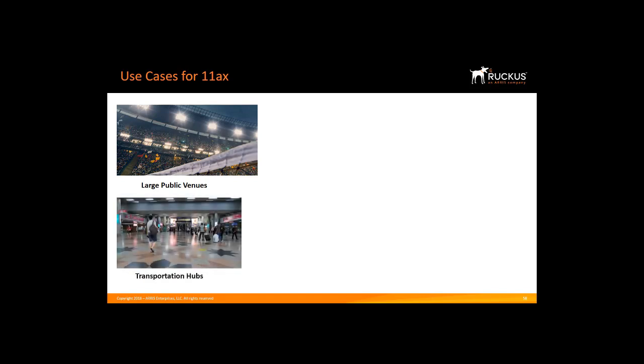Transportation hubs. Public transportation stations are also offering public Wi-Fi. Like stadiums, transportation hubs have high densities of people attempting to connect to the network simultaneously. However, these hubs face the unique challenge posed by transient devices that are not connecting to the Wi-Fi network but are still sending management traffic that congests it. The 11ax advancements with OFDMA and BSS coloring provide the tools to manage the challenge with these dense environments.